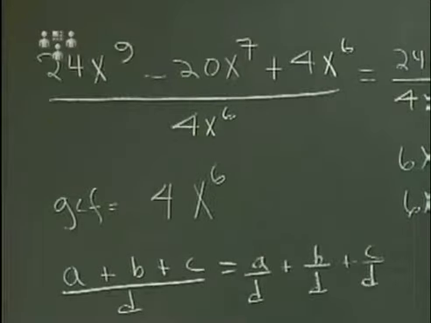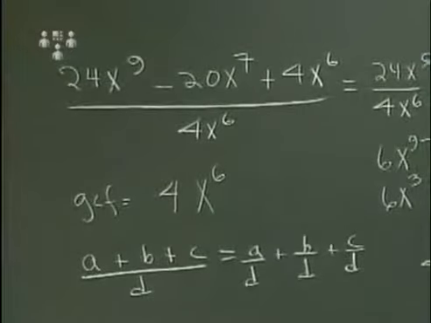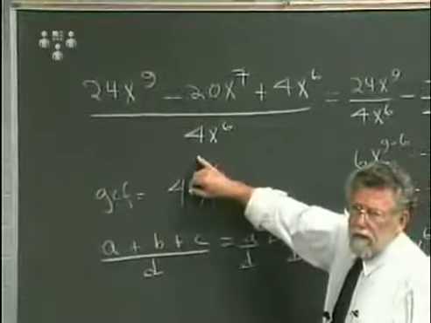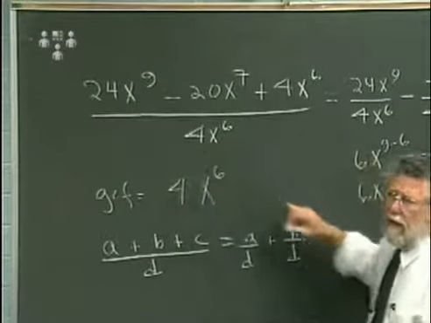Now that is what is going to be talked about here in the sense that I want to factor out that GCF. When we said the GCF was 4x to the 6th. So if I'm going to factor that out as I go to the side board, and I'll just leave that up there for a moment, then what I would do, okay, so I have determined that if I were to take this 4x to the 6th out,